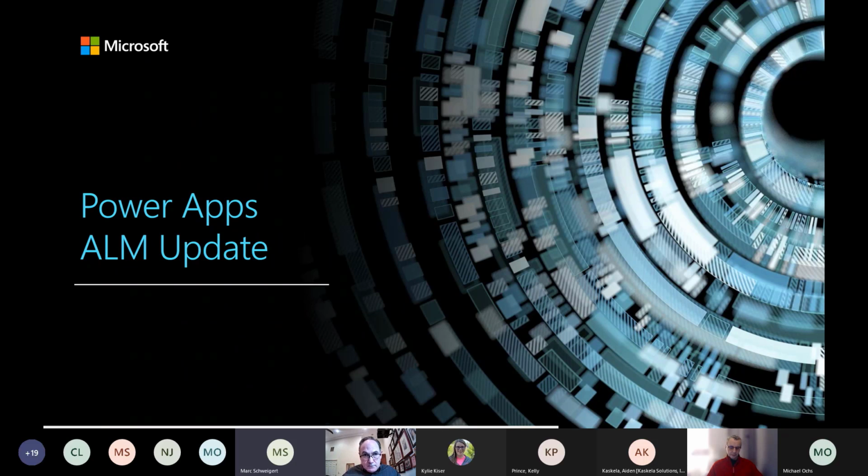And so we're going to be talking a little bit about ALM in the broader context of the platform, and then some of the things that we've been doing on the team to do ALM ourselves that we're planning on sharing with the community to essentially save time and get started faster with application lifecycle management using some of the stuff that we've built.